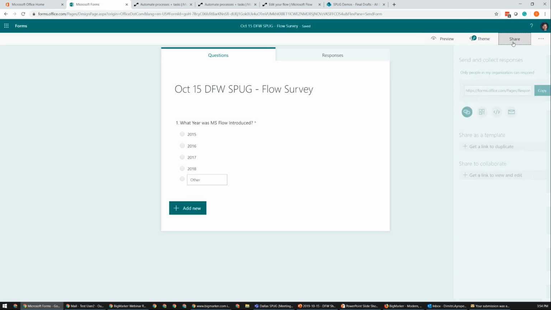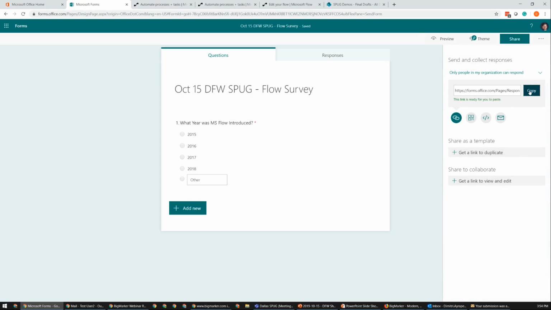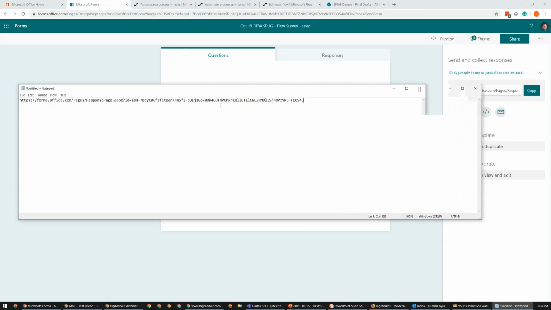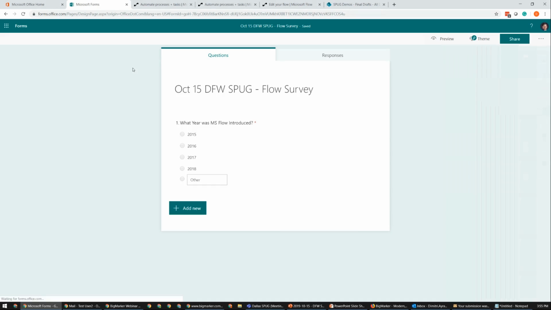And there's really just one more thing I want to point out while we're here. If we click on the share link, we get this URL. If we copy the URL and paste it into a notepad, we see that we have this ID equals and then a long character set. Every so often when we use Microsoft Flow, depending on how long it's been since the flow was created, you might have to copy and paste this ID into Flow. So I just want to point that out here. But anyways, we have this here. Let's go give it a shot.